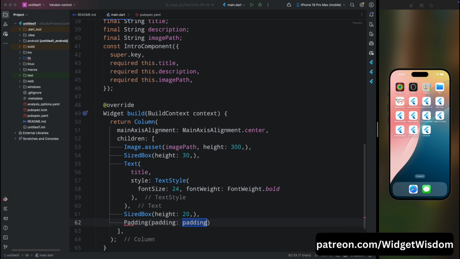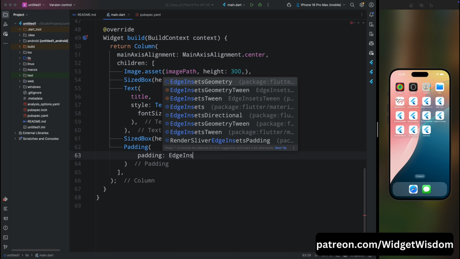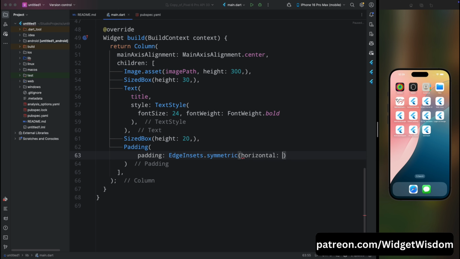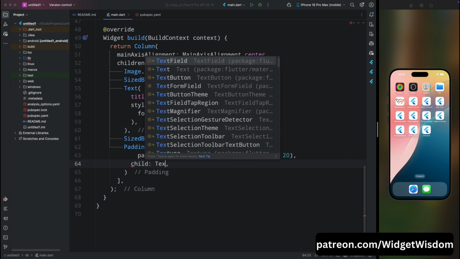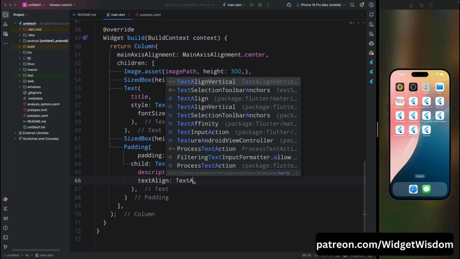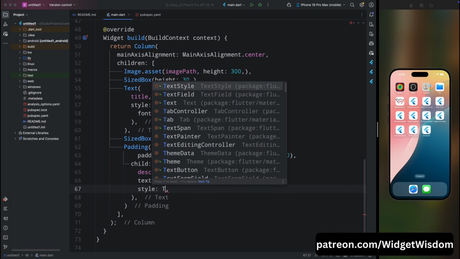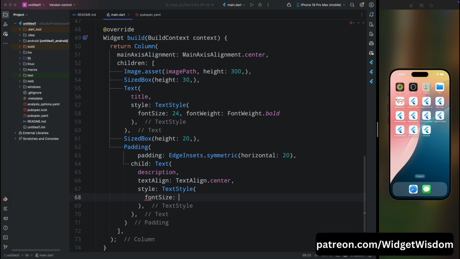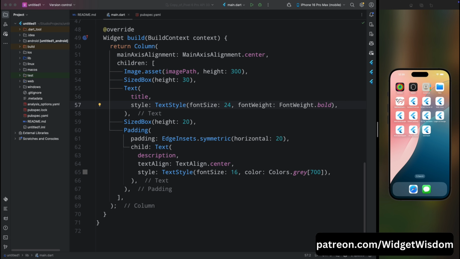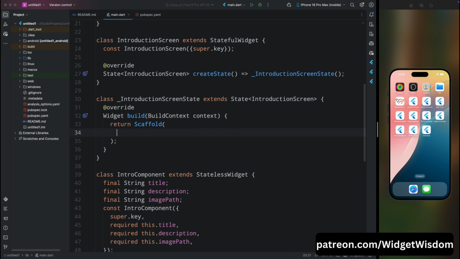Then here add a padding widget. Then for its padding, add the symmetric padding for horizontal and the value is going to be 20. Then for its child, here add a text widget and then add the description inside it. Then add the text align to center because we want our description to be aligned centered. Then for its style, here add the text style and set the font size to 16 and color to gray 700. Now come inside the introduction screen and from here remove this empty placeholder and here add a scaffold